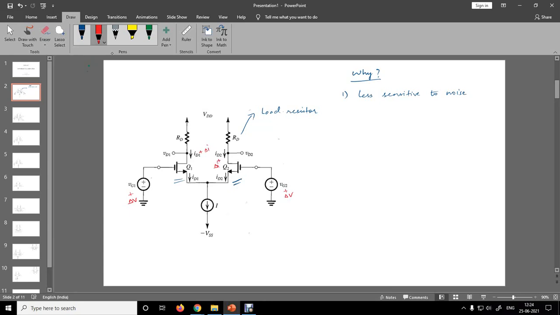And VD1 and VD2, those are the outputs of those MOSFETs, the drain voltages of those MOSFETs. They will be a function of the drain currents. So if I take my output to be VD2 minus VD1,